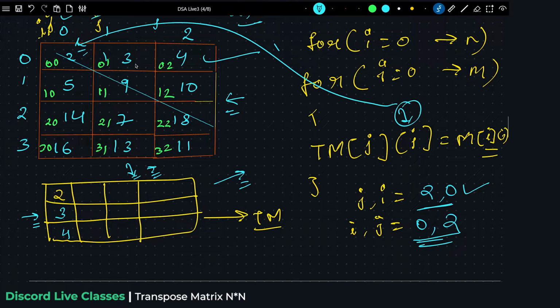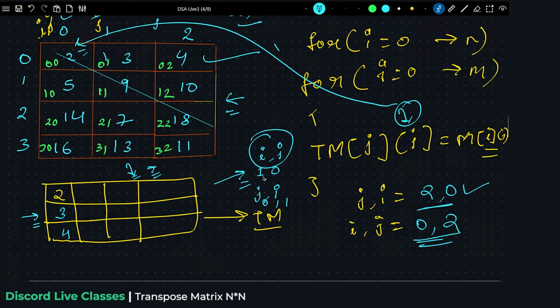Let's say we are standing on i comma j, which is the first row, 0th column. We were swapping the element with j comma i, which is the 0 comma 1. So if I swap 1 comma 0 with 0 comma 1, in general terms, if you want to find out the transpose of any matrix,